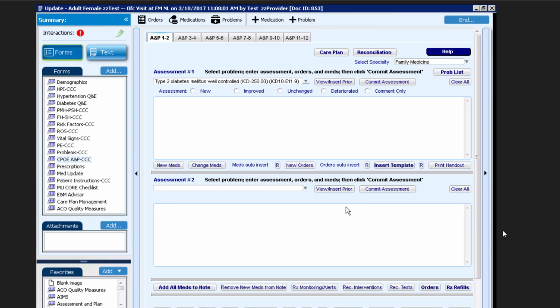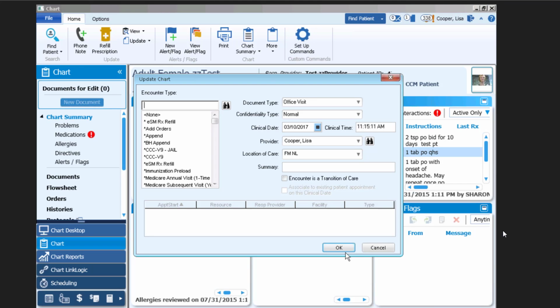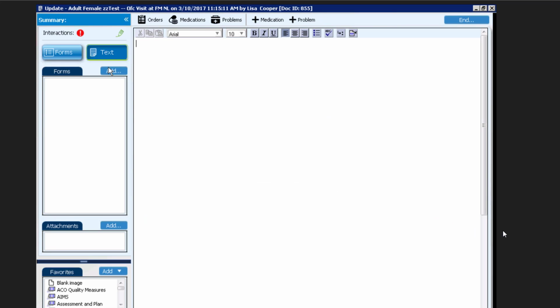Now, if you wanted to make a modification to a CDS rule, how would you go about that? So this one's a little different to be able to do this. Before you would actually have to go through the vendor to be able to get those modifications to the CDS rule taken care of. If I go ahead and open a blank document,